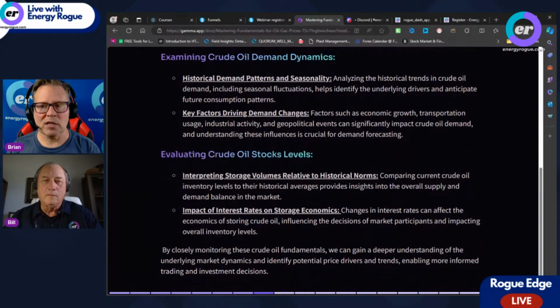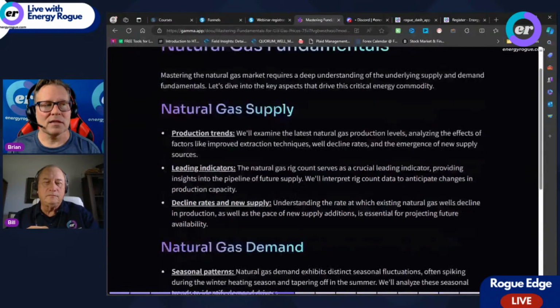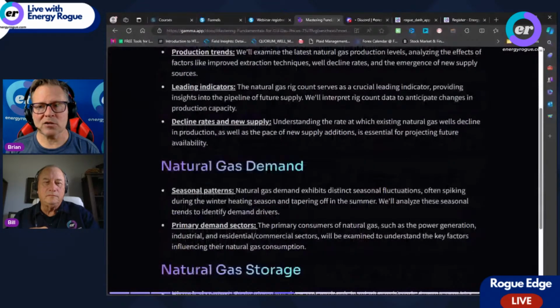And then look at interpreting storage volumes relative to historical norms, the impact of interest rates and storage economics. Then on the natural gas side, look at production trends, leading indicators such as rig count, leading indicators such as what time of the year, because in the winter months there could be freeze-offs, there could be things impacting the supply side, or infrastructure on the supply side. Then look at decline rates and new supply the same way that we did with crude oil. On the natural gas demand side, look at seasonal patterns. Are we entering a shoulder month? Are we entering a